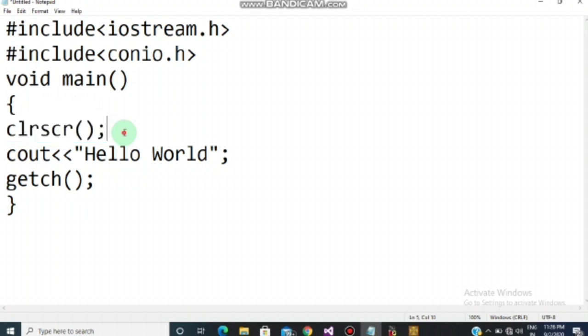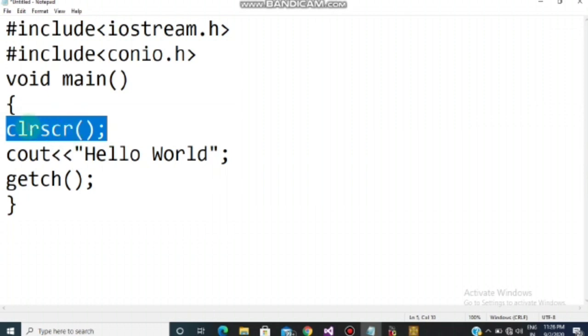Children, when you write clrscr, as I have discussed, this function is in your conio header file. When your compilation starts from main, the compiler comes to this point and searches for the header file where this function belongs.